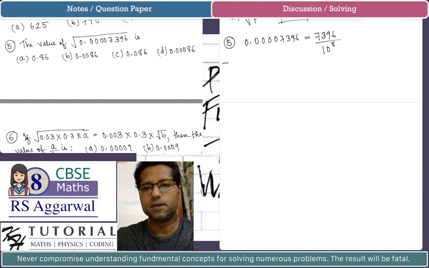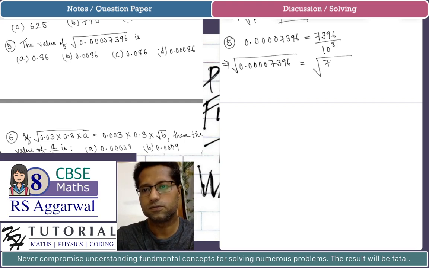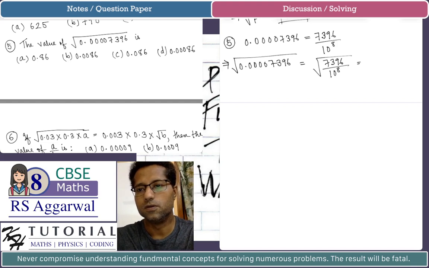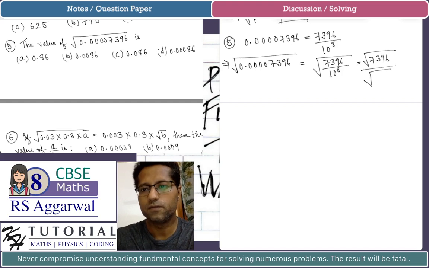And so this implies that the square root of the given number, that is 0.0007396, will be equal to the square root of 7396 divided by 10 to the power 8. This is equal to, we know, the square root of 7396 divided by the square root of 10 to the power 8, because we know from the two properties of square